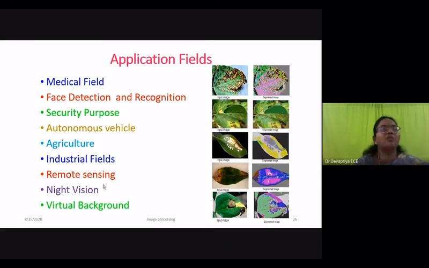So they are going for one more option like face and iris. So by any one of the methods, the system should get support for the end user. Then the autonomous vehicle, that we will see in the next slide in detail. Then agriculture. So in agriculture, to notice what the affected areas in the leaves are, what type of